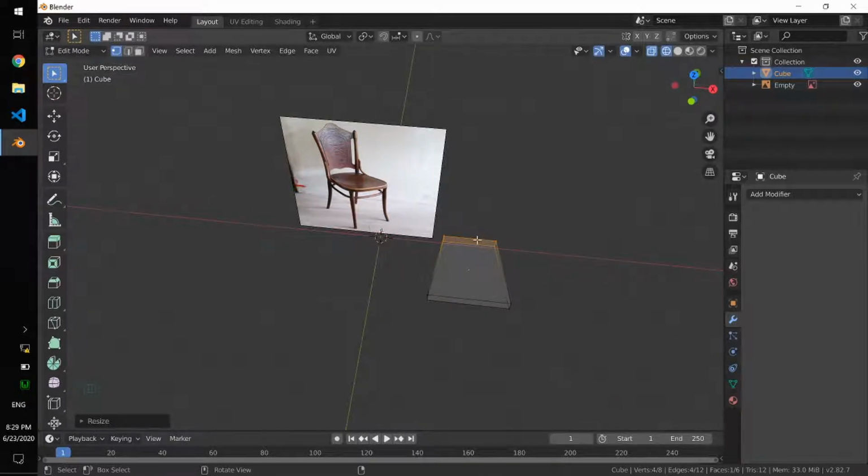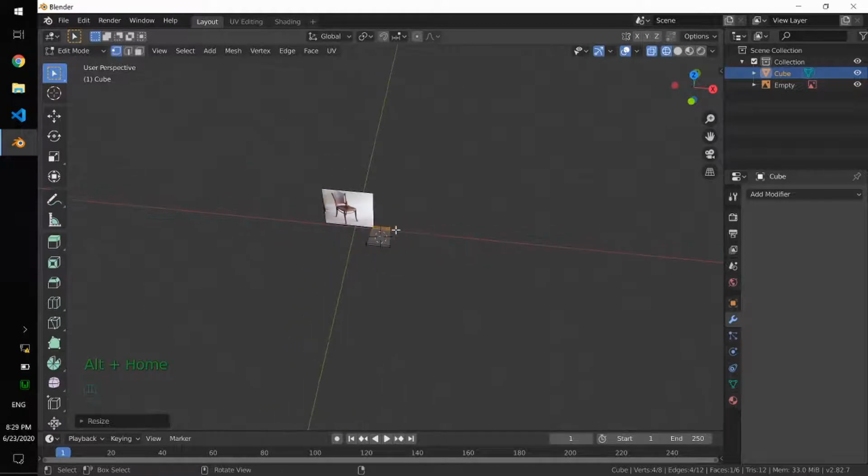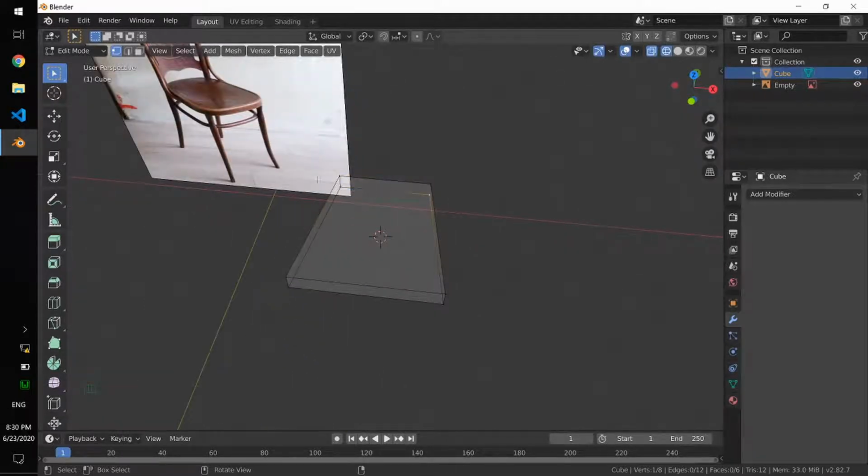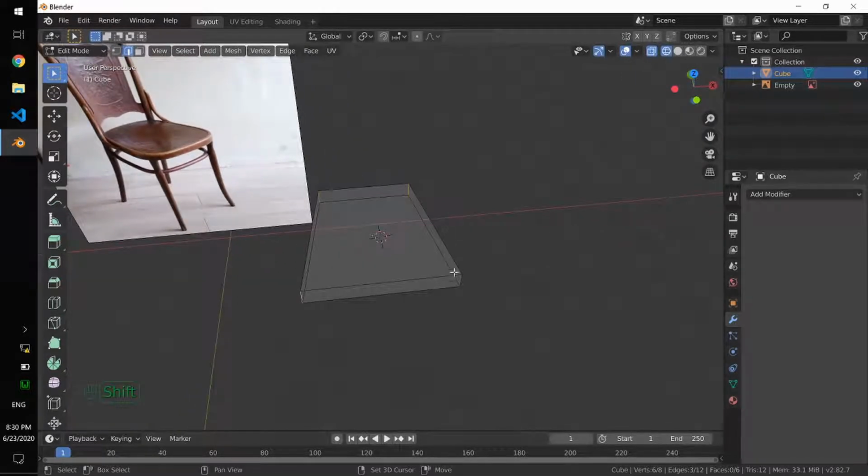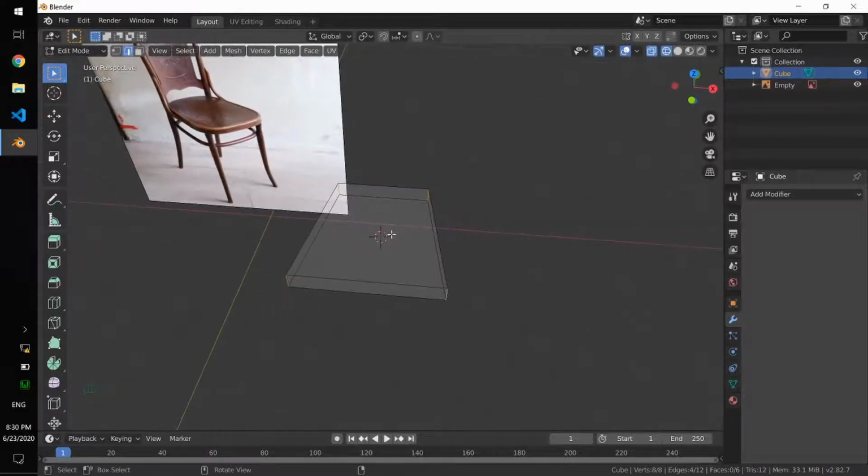Okay, now we need to select the edges, and that will allow us to apply a tool which is called bevel, and that will allow us to have these curved edges wherever we want. So here I selected the wrong edge. Here's the 4 edges we need for now. So Control B and slide down. If you want to add faces, you scroll down or up. I don't know how it works on your computer. So I guess this is about the right